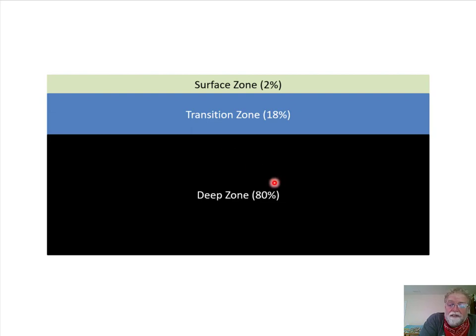Now, this is a very stable thing, right? Because this colder water is more dense, it wants to sink. It's already on the bottom. The warmer water is less dense. It wants to rise. It's already on the top. So you get this kind of layering, and it's very, very stable. This water is not going to want to turn over a whole lot at all. In fact, it's going to be a little difficult to get it to do that, but we'll talk about that next time. So just now when I said the colder water is more dense and wants to sink, and the warmer water is less dense and wants to rise, and everything is stable, that brings us to